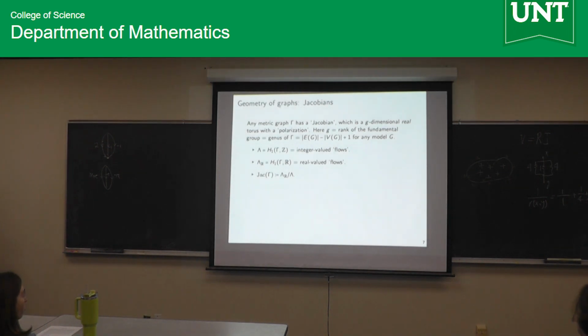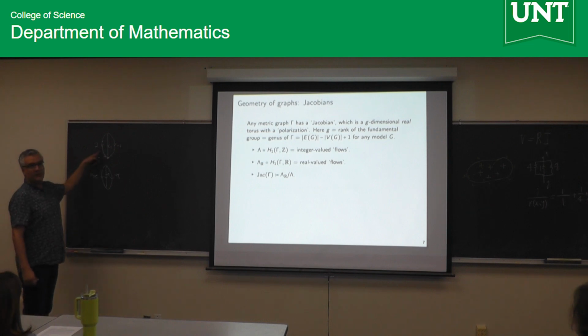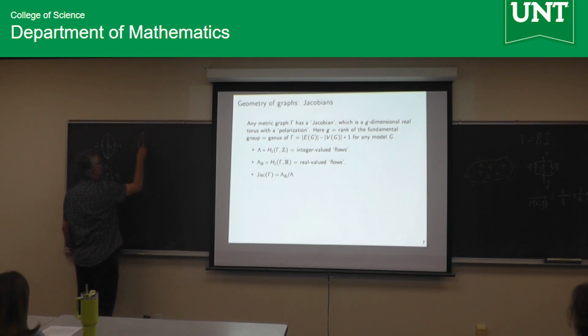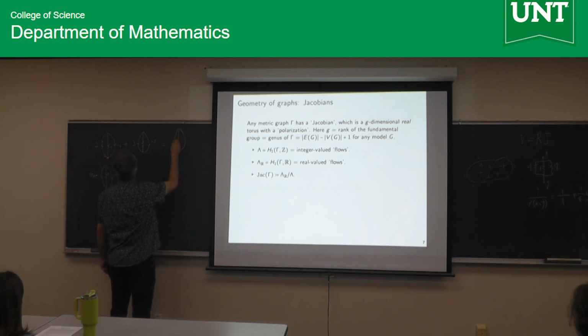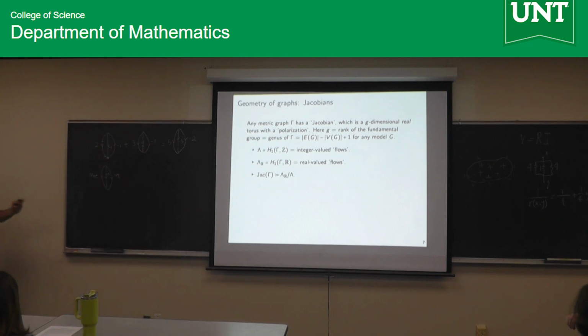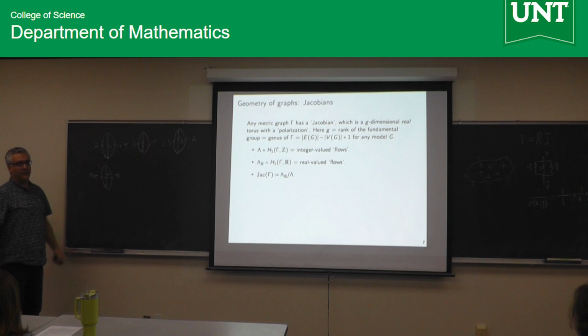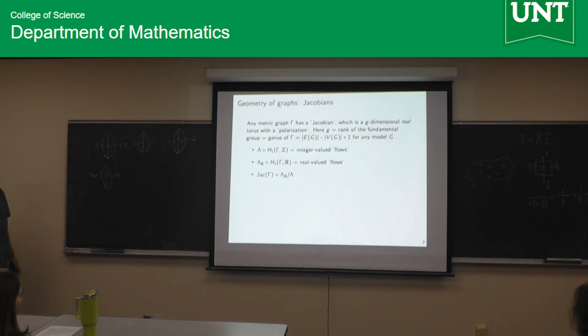Okay? What's the group operation? Just adding these things. If you have this and you have 3 minus 2 minus 1, you can add them and you get 5 minus 3, and please correct me if I'm too close to the board, minus 2. And the same scaling also is allowed, so you have a vector space. A vector space modulo a lattice is going to give you a torus, a real torus. And it's G-dimensional, where G is that number I was saying, number of edges minus number of vertices plus 1. That's an easy observation.